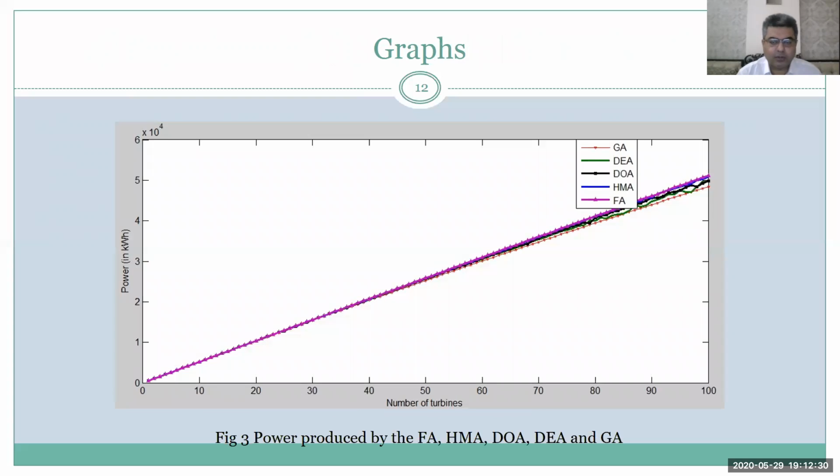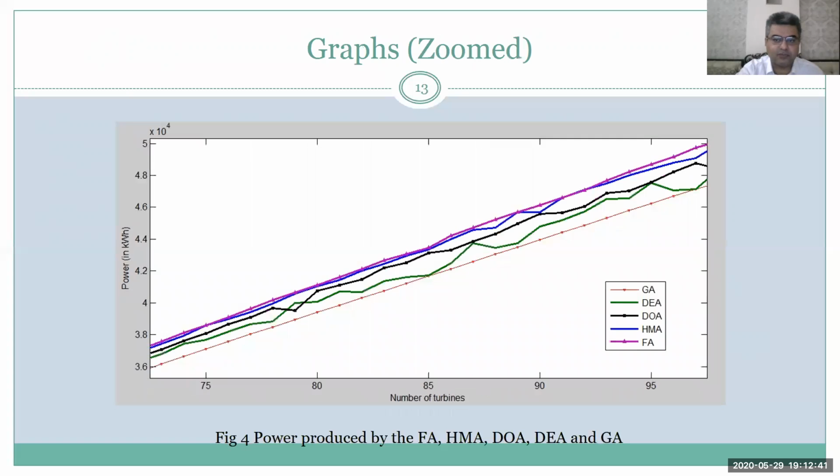Now, I'm not showing the tables because they will be tedious. I'll be showing the pictorial representation of 5 algorithms. My paper contains 3, but I'll be showing the results of the 5 algorithms. Now, zooming in, we can see that the black line, the DOA, is right in the middle. The Firefly algorithm and the hybrid heuristic algorithm, again coined by me, are showing better results. HMA is a combination of 2 algorithms, that is FA and DEA.